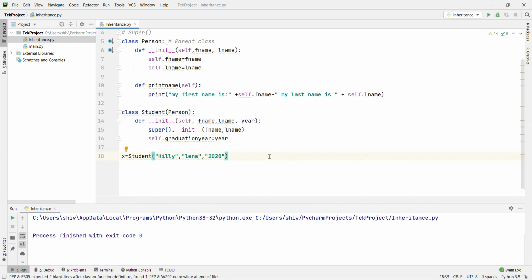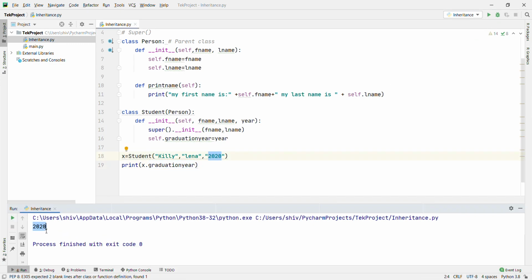Now if you want to access this graduation year, what do we have to do? We have to use only print x dot graduation year, right? Let's run it. What will happen? It will print my first name is Keely, my last name is Lena, and graduation year is 2020. Let's run it. Right, 2020. Now if you want to print this one, we have to use x dot print name.